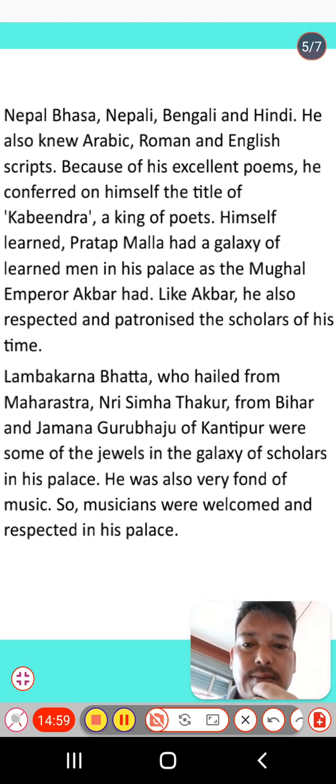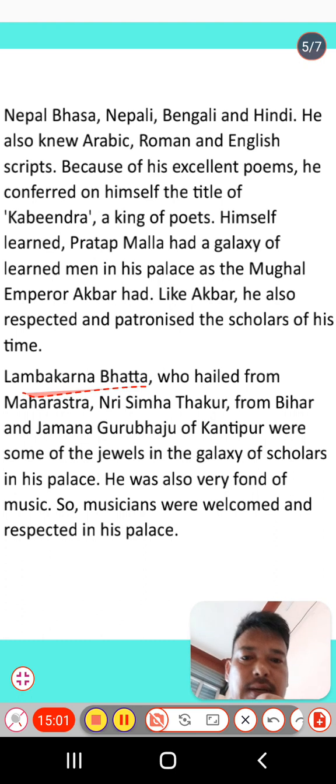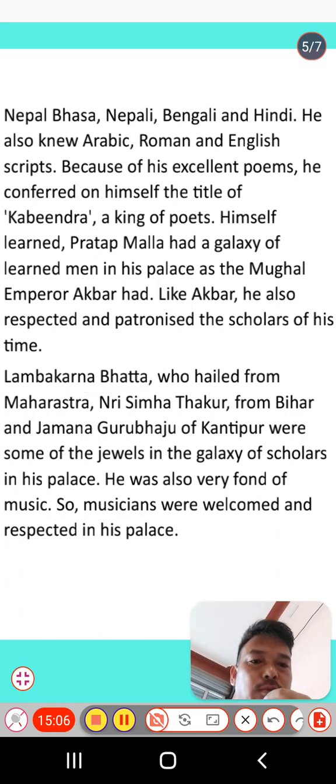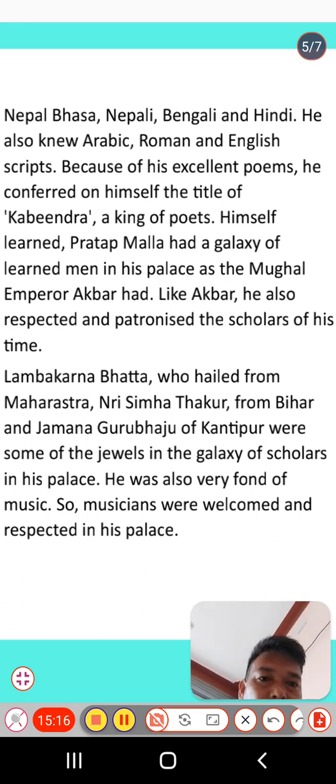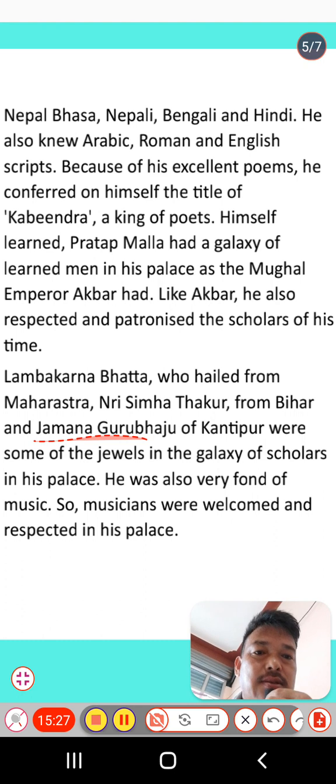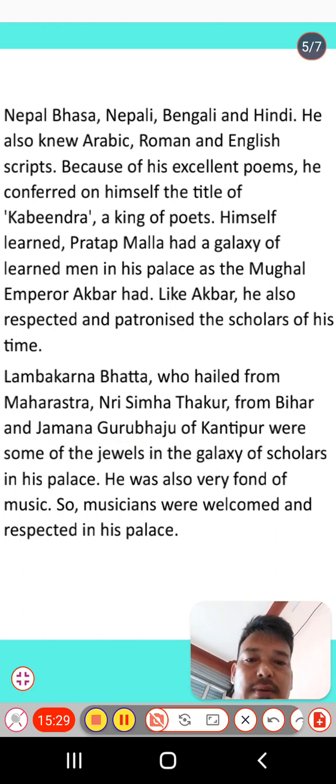Yes, we have Lambhakra Bhatta, who belonged to Maharashtra, and Sri Singha and Jamna Guru, who belonged to Bihar, and Kanti Bihar and Kantipur. They all were the wisdom of his palace. They are the shining wisdom of his palace, and the King Pratap Malla and